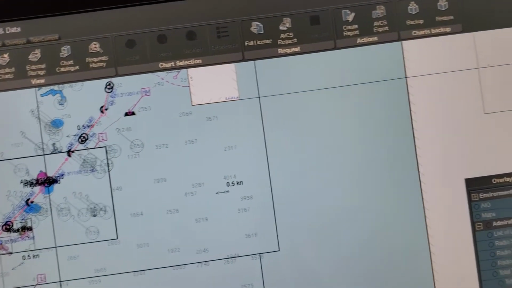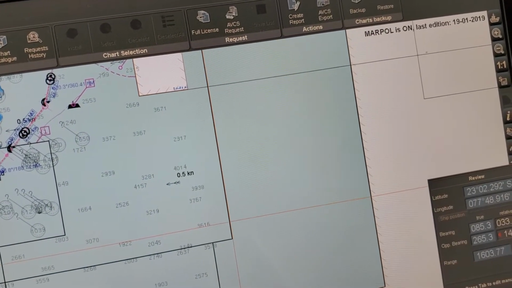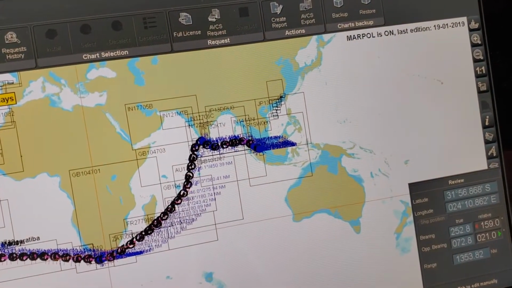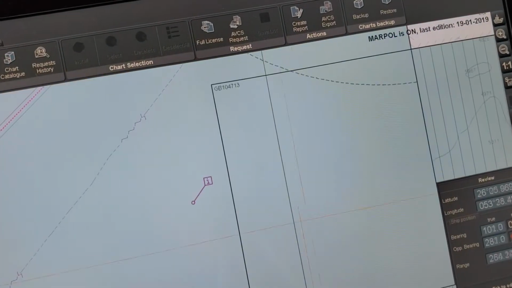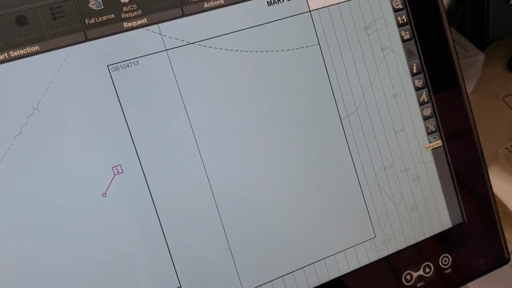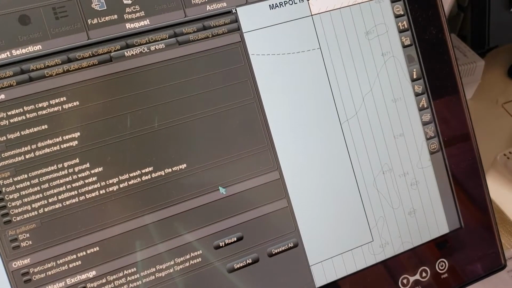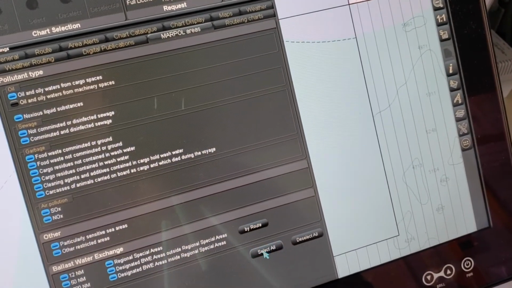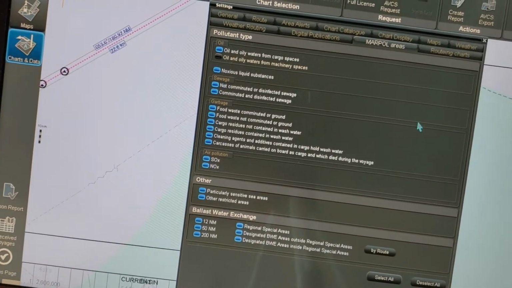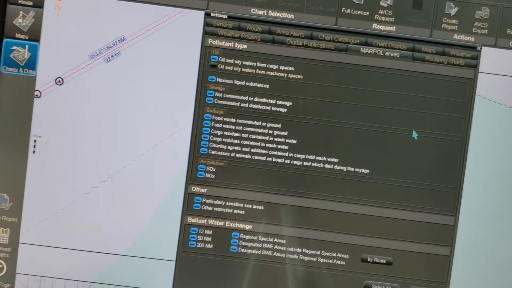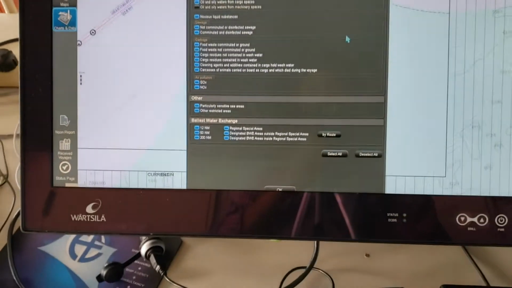So this, I'll show you this. This is how it will highlight the areas. Let me see if I can show you. Settings and then, so this is how, just a moment. Okay, so now that I have selected all